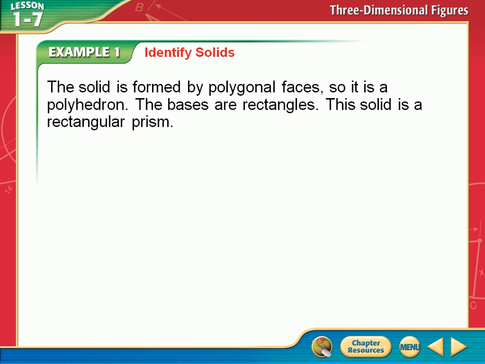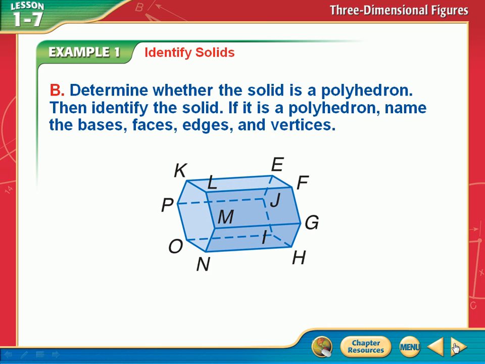They're just giving the answers to this. Here's my thing. I don't know, maybe I skipped something. It says determine whether the solid is a polyhedron. Is that a polyhedron? Yeah, it is. It's all flat, it's a solid, and there are no gaps in it. It says if it's a polyhedron, name the bases.